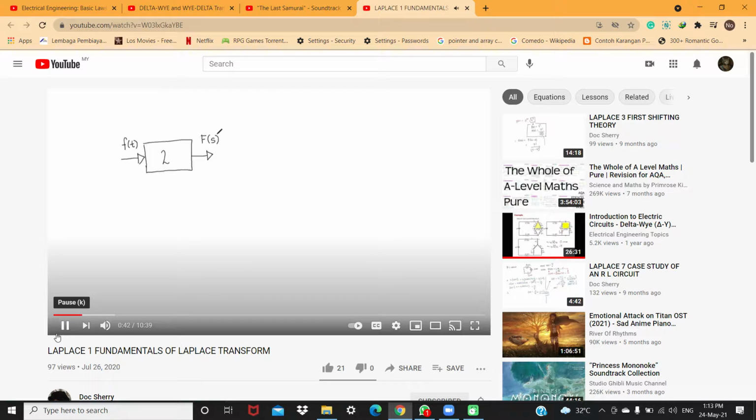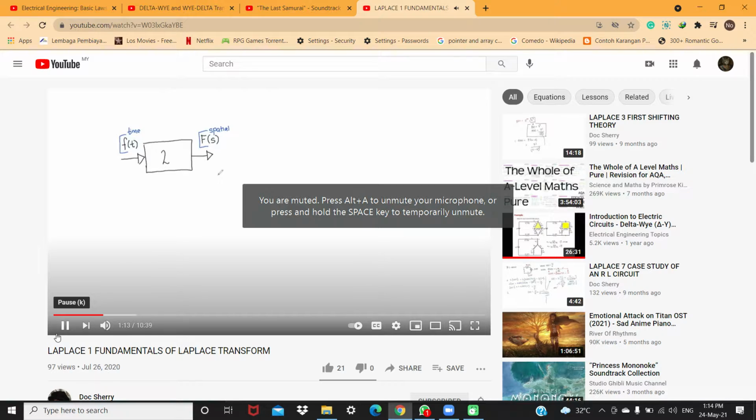I just would like to highlight that in order to differentiate the two signals, for the one in the time domain, we use the small letter f for the function. And the one in the spatial domain, we use the capital letter F to indicate it is a function in the spatial domain. So basically, the formula for Laplace transform is